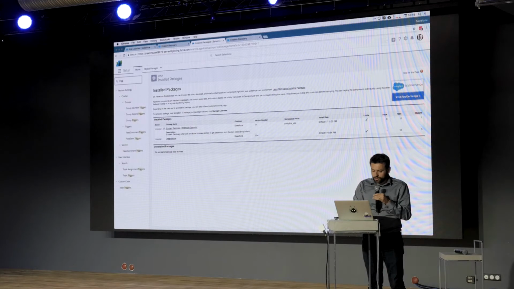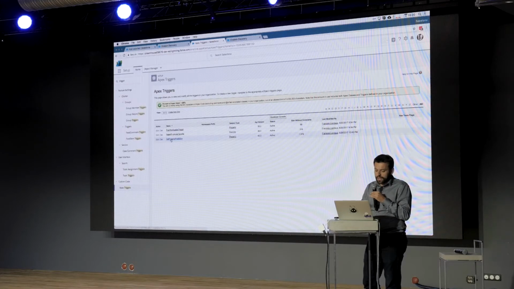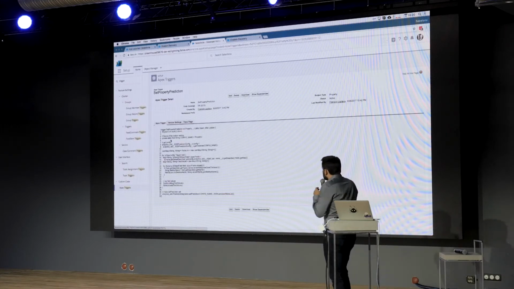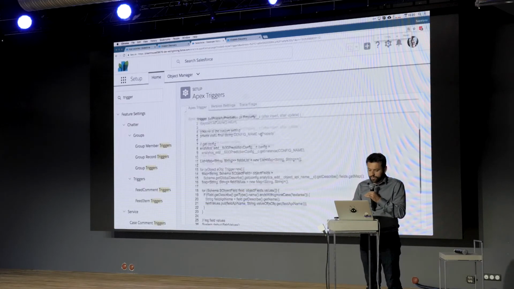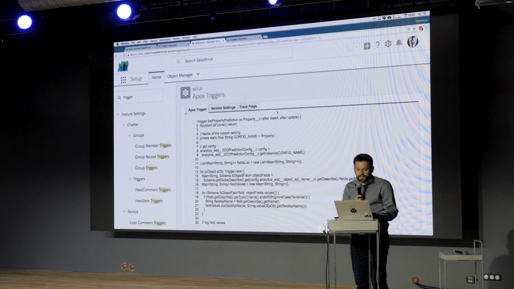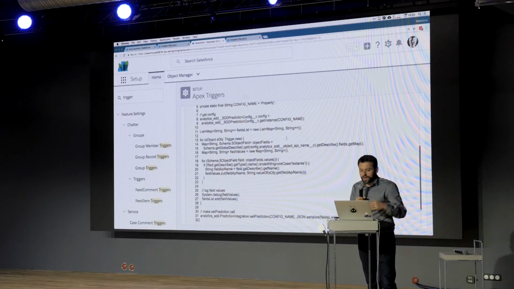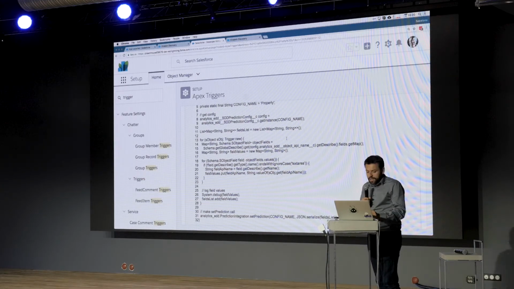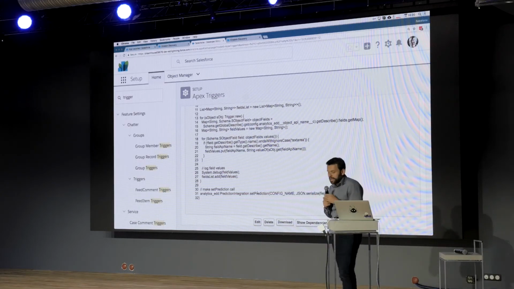And the last piece that you may want to do is to write the trigger. The trigger is going to be the piece of code that, every time you change the properties, is going to call our method and basically get the new scoring. And you can see here we have the trigger code. It's going to be called every time we are updating or inserting properties. We are going to use the custom settings, where we provide the model numbers that we want to use for the writeback. We are going to grab all the fields from the properties object, and then call the method to get the prescription back.